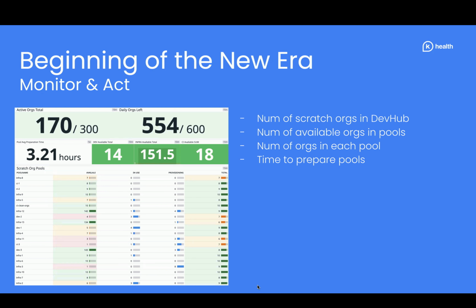So as you can see, it's about 3 hours. But because pools are prepared at different times and in different chunks, in absolute most of the cases we have developer environments available, infrastructure available, and CI available. And this is just a nice chart which we try to monitor through the day once or twice to just see if everything is good.